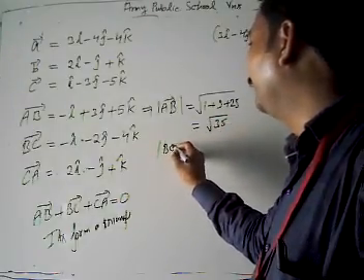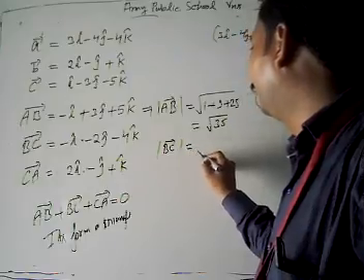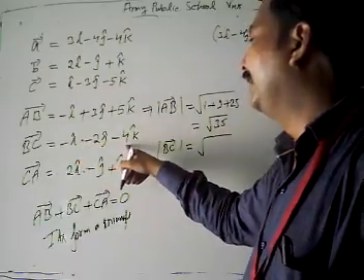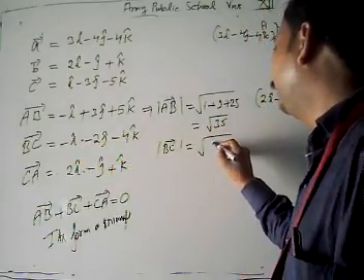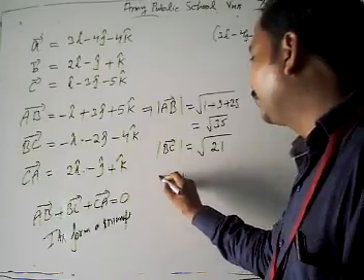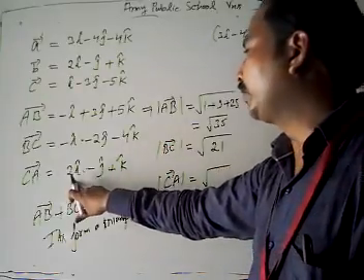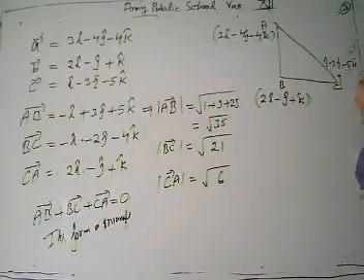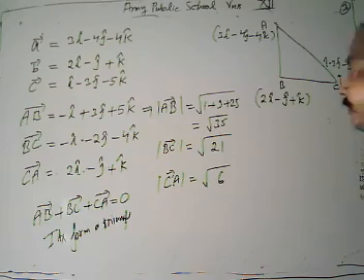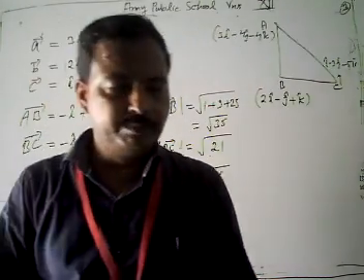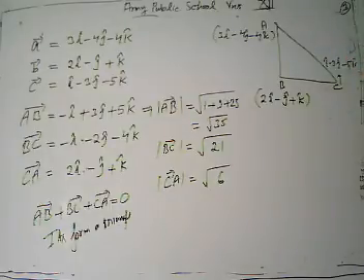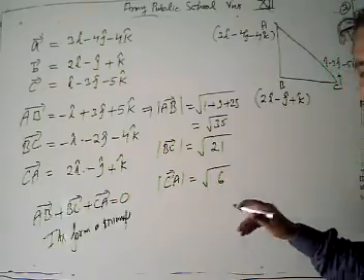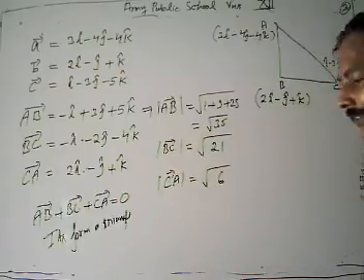Now the length of vector BC is what? Again under the root, we get minus 2 square 4, 4 plus 1 is 5, and plus 16, 5 plus 16, yes, we get 21. Then the length of CA: 2 square 4, 1 square 1, 4 plus 1 is 5, again 1 square 6. Now look, we get the magnitudes, and then we are going to take squares. Here we have AB, BC, and the length of CA.